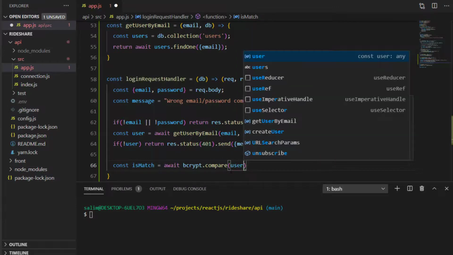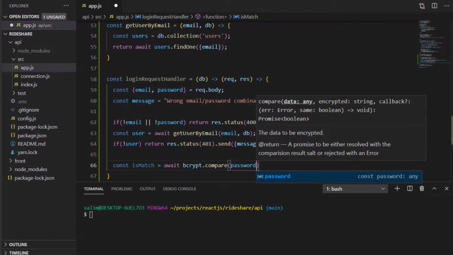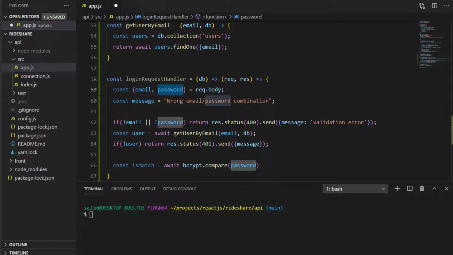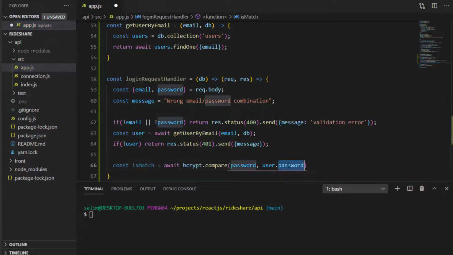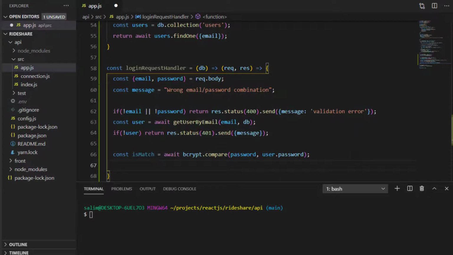So the password here, which we are retrieving from the request body, that is sent by the user in the login form, we compare it to the user.password. Now here the password is the one available in the database that we have retrieved from the user by the email provided also by the user that is trying to log in. So we compare both of these passwords. If there is a match, if there's no match,